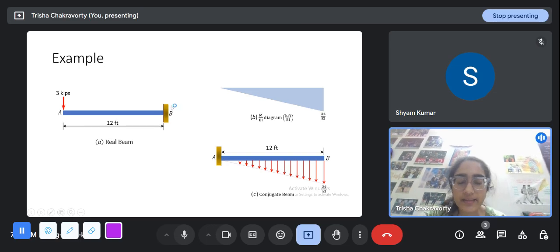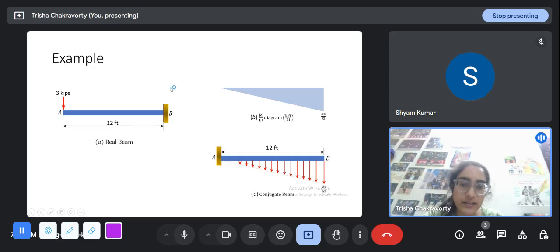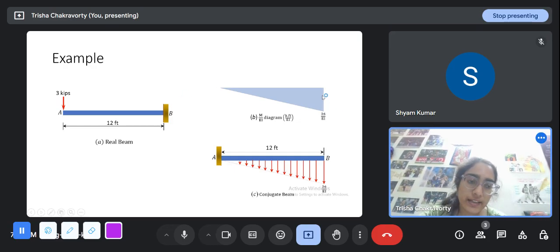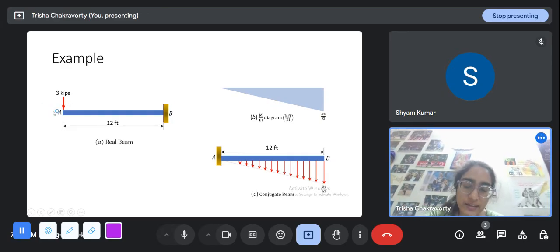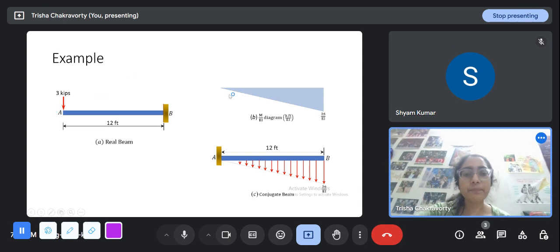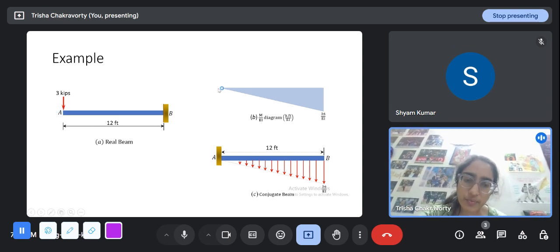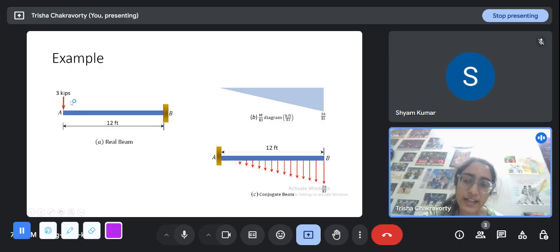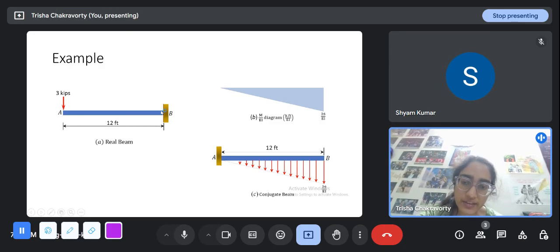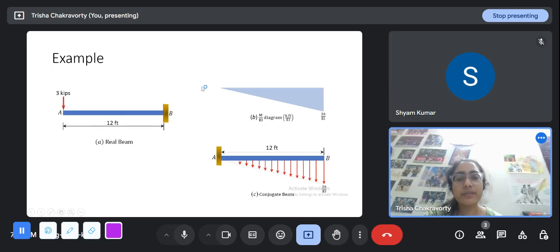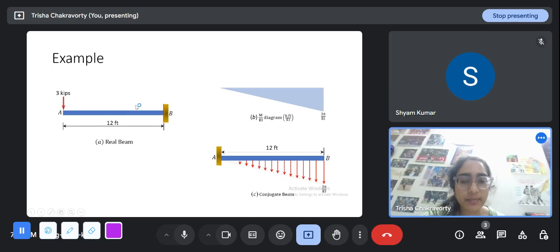Negative because by the sign convention, we know that if there is a clockwise moment when we come from the right, it is a hogging moment, negative moment. So this is 36, and at this end, since this is a free end, it is free to rotate, so there will be no support reaction. So the moment here will be 0, and we will join it by a straight line. As we have seen in bending moment, if there is no uniformly distributed load, if there is only a point load, we will just join it by a straight line. The moment at any point will vary linearly.